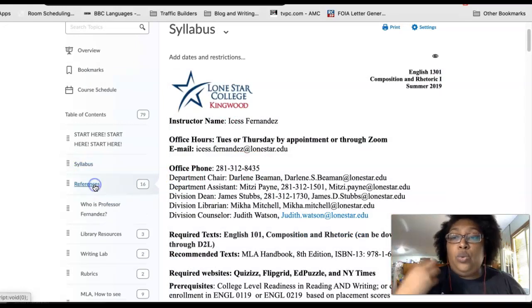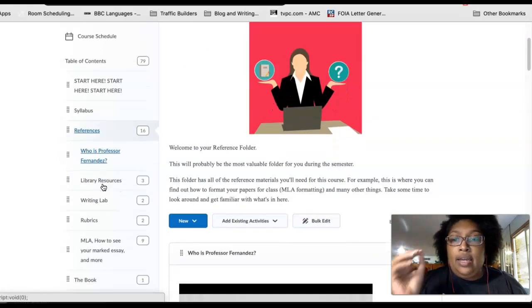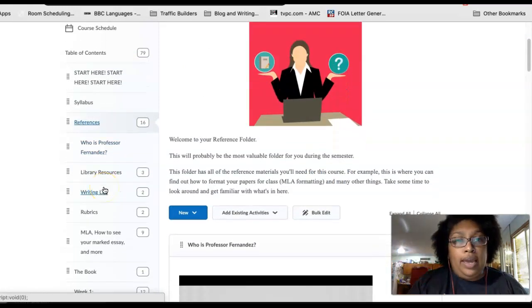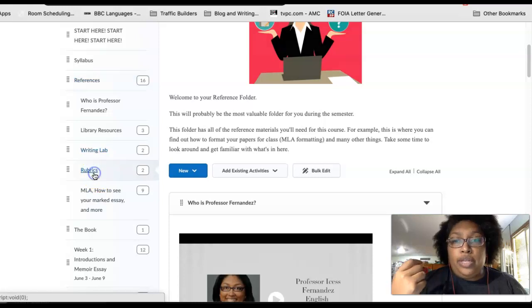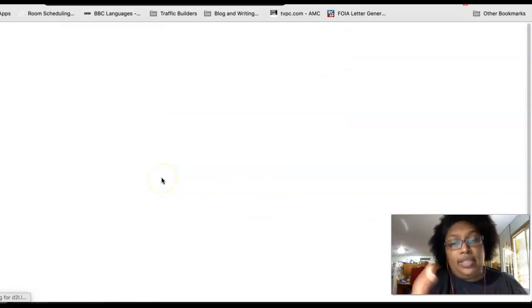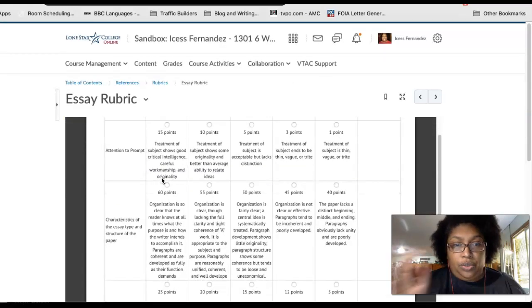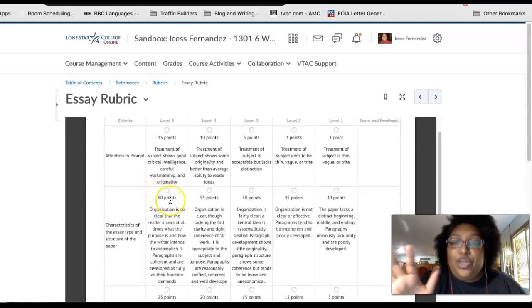And then I have actual references where they can go to get library resources, which are all online, and where they can go to the writing lab. Our writing lab is not online quite yet, but we do pay for a service to help our students with their writing, so you may want to ask that. And then rubrics, what rubrics they're going to use. I use rubrics for essays and discussion posts because they're very easy to use, and I love using rubrics because